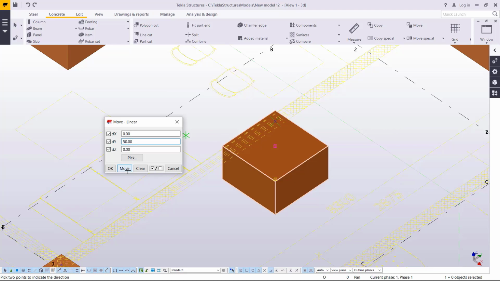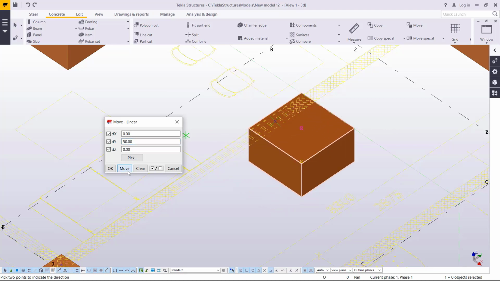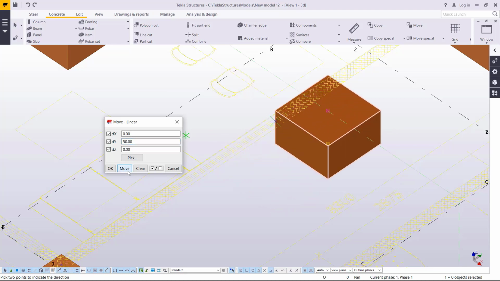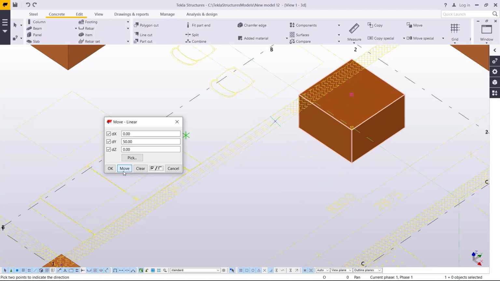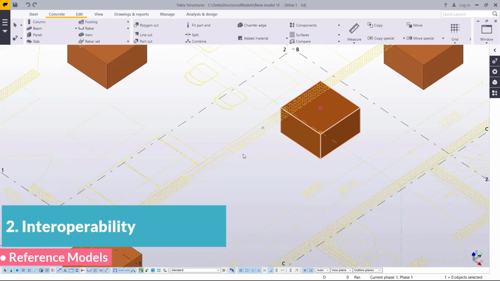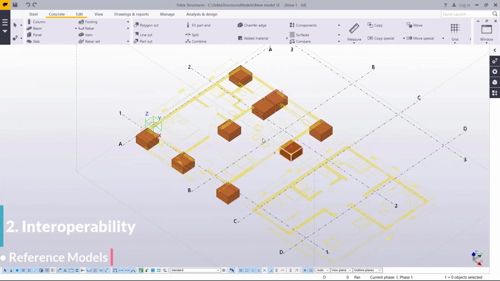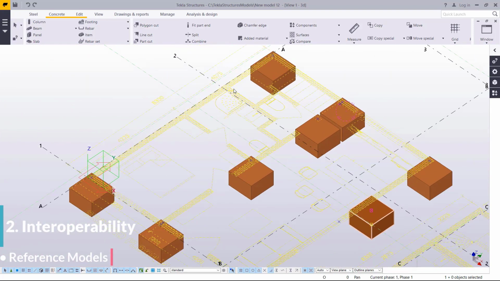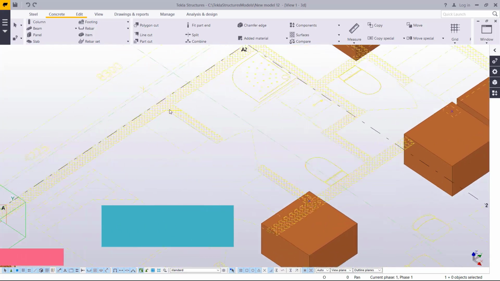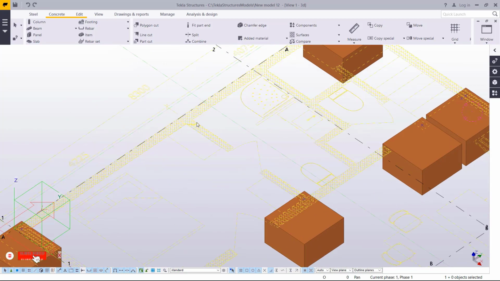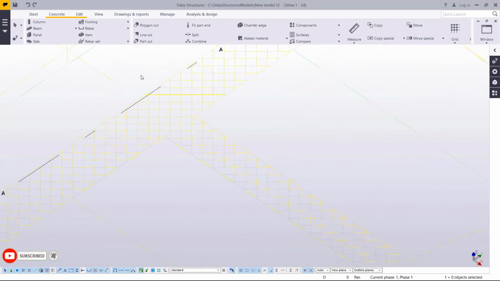So let's go ahead and click move, and it will move all the way out of the window location. So we can leave it there and click OK. So we have a column right there, and also we can place another column right here because of the span. And since we don't have any window here, what you're going to do,